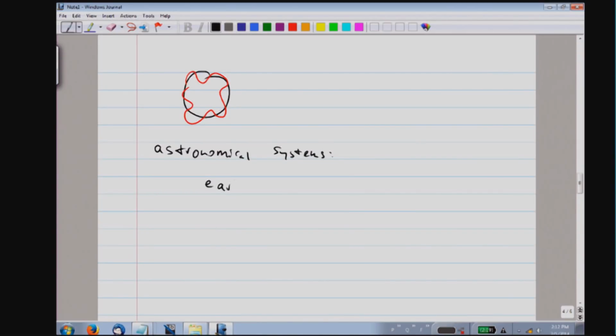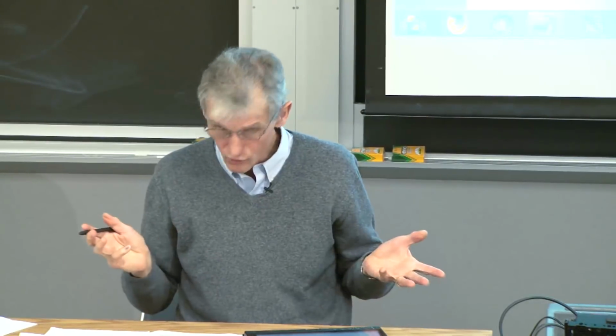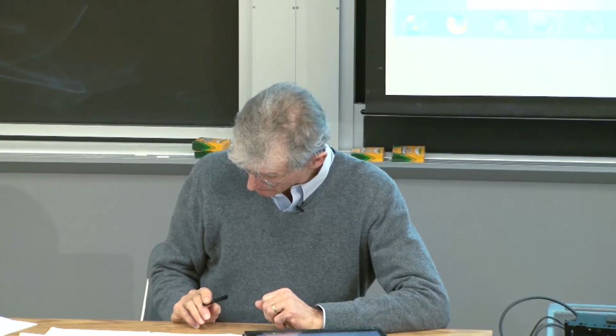How good is the Q of the rotation of the Earth? It fulfills all of our requirements for resonance and oscillator. It's a periodic phenomenon. The Earth rotates around the sun once a year, and the question is, how stable is it? Well, the number is 10 to the 7. It has a Q of 10 to the 7. So the precision of the rotation of the Earth is better than 1 part in a million.